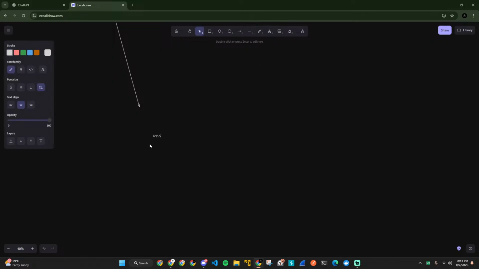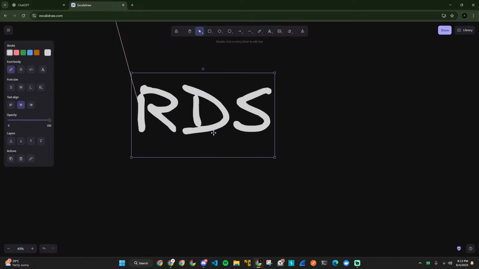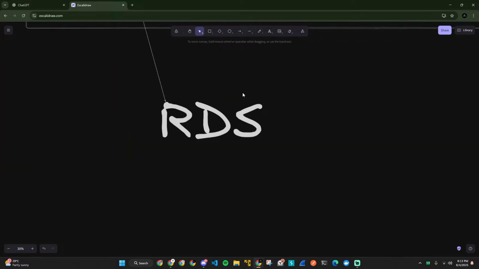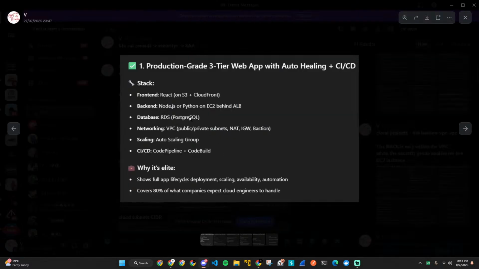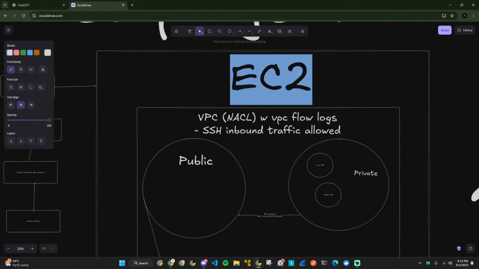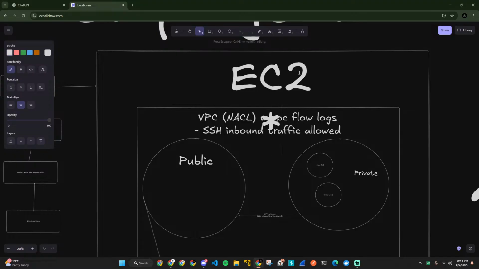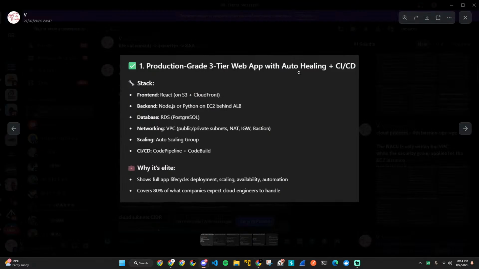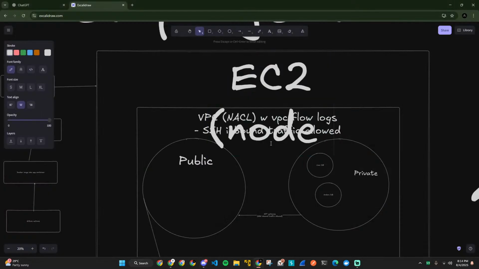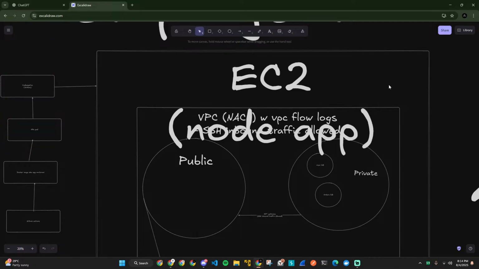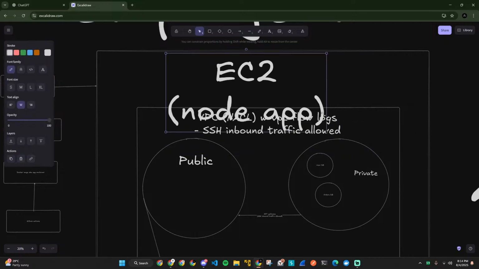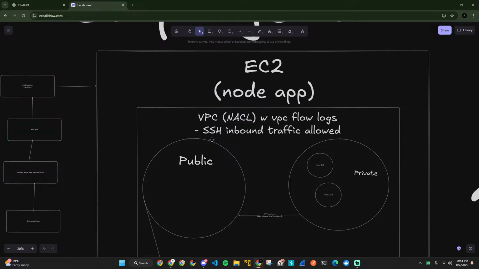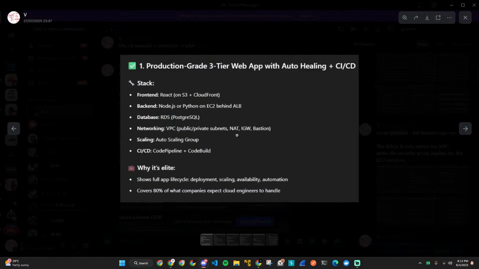Can we do RDS? Okay, so we have the RDS, a relational database. And then we have EC2, so we have Node.js or Python. Let's just say Node image, Node app. If it's an EC2 instance, then we need to configure servers and stuff, right? So apart from that,